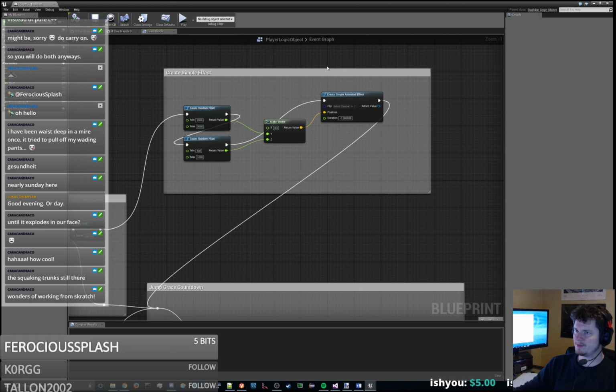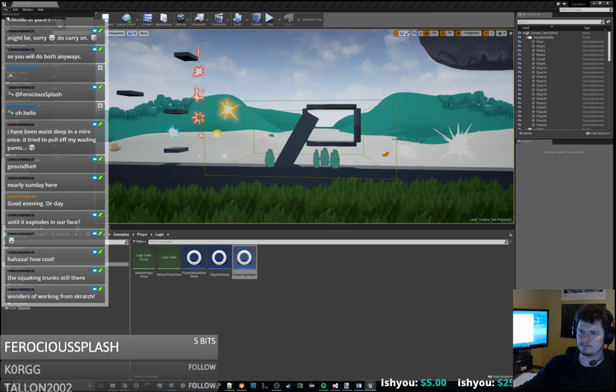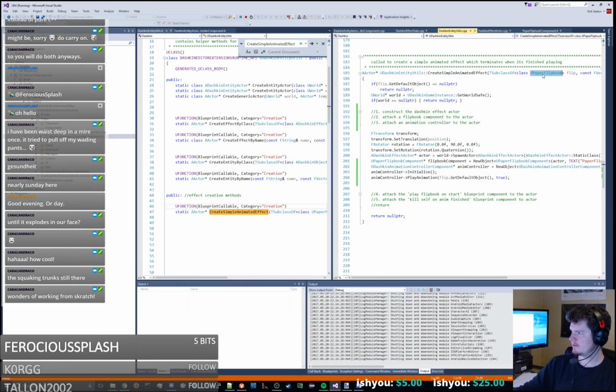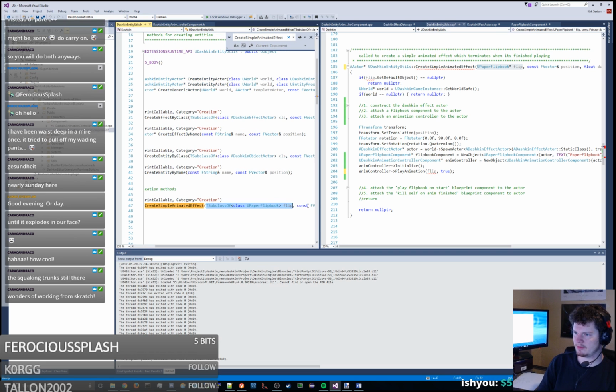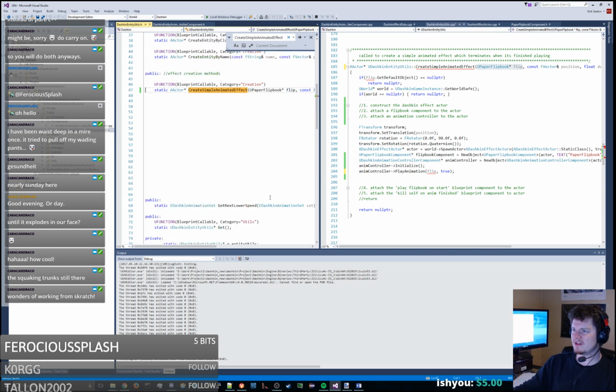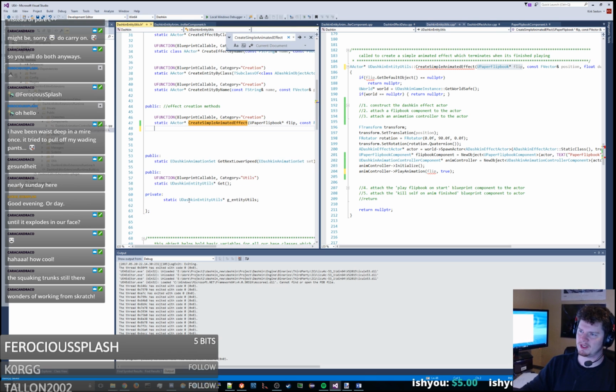Well, I guess the problem is that we made this thing a T subclass of flipbook, when we should actually just take a paper flipbook pointer itself, because a subclass of a flipbook would be a blueprint, not an actual flipbook. And this is another one of those, are you for real, things with Unreal? Because you'd think that would include both, and it's like, no. You can't take just a normal paper flipbook. You said it has to be a subclass of a